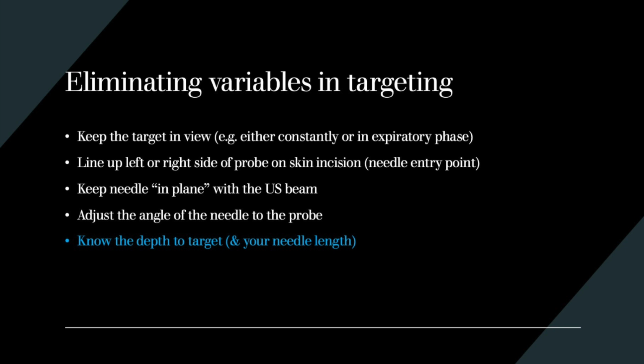If you've got a lot more needle exposed above the skin, then you know that you're well short of the target. On the other hand, if your needle has just two centimeters left outside the skin, you know you've gone way too far. This is another thing that takes experience to monitor intuitively. But until you get to that point, and even after, it's very useful to do measurements and remain aware of how much needle you've inserted, how much is still outside the patient, and how that correlates with what you're seeing